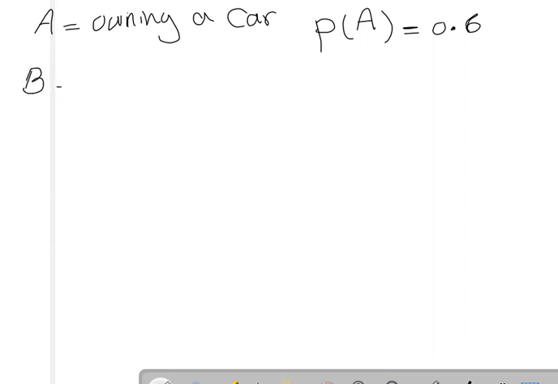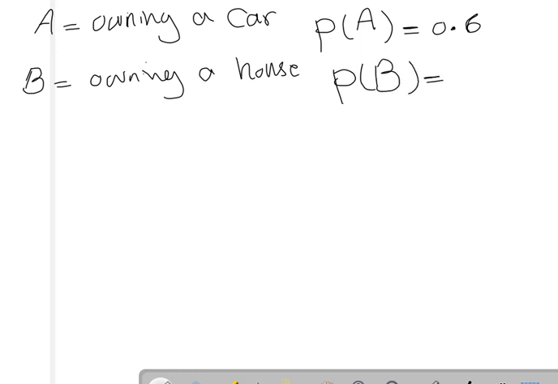If we consider B as owning a house, the probability of B is 30% or 0.3,